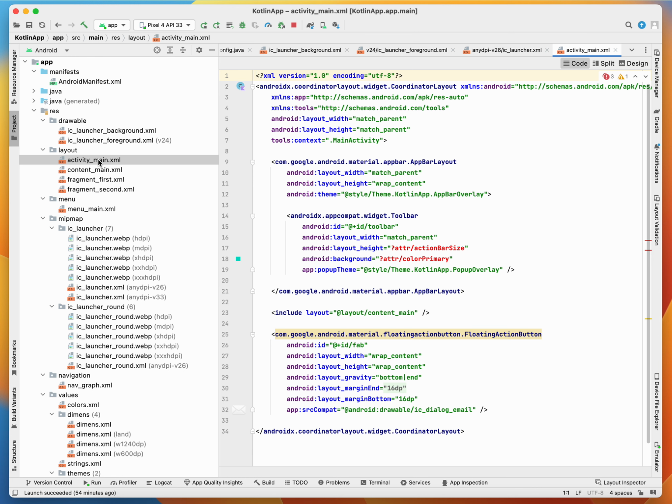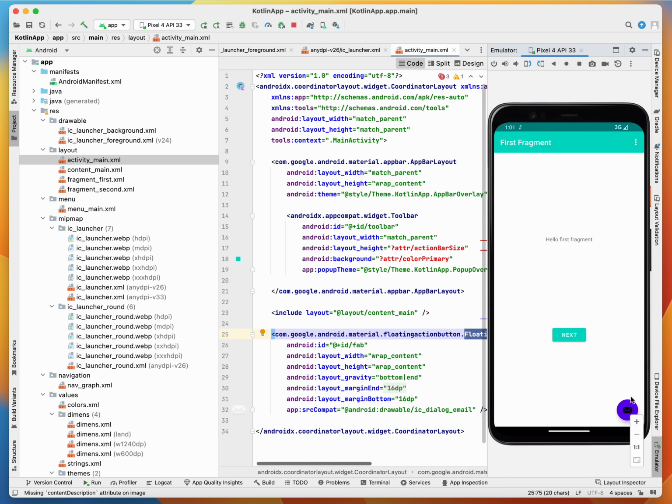Main activity is the initial screen of your app, which consists of the app bar layout, your toolbar, and your floating action button. As you can see here, we have a floating action button, an app bar, and a toolbar layout, and finally we also have our